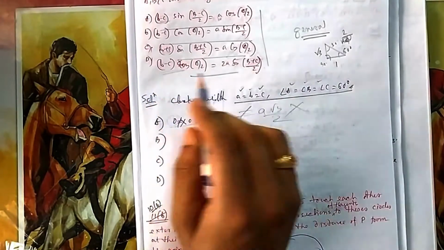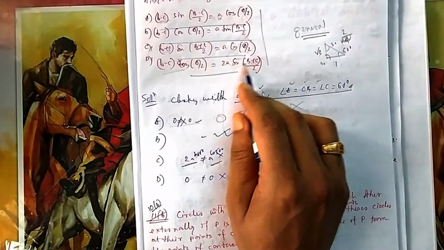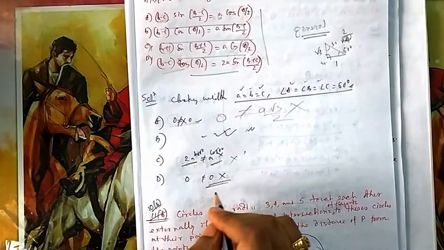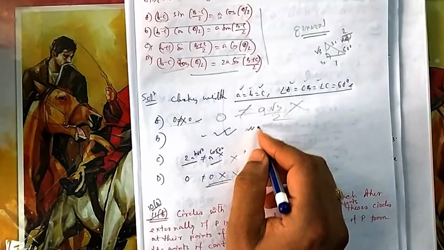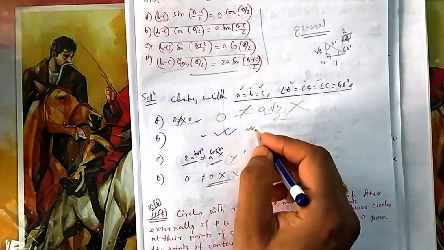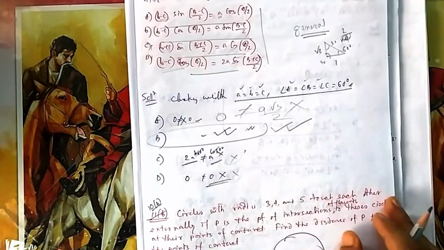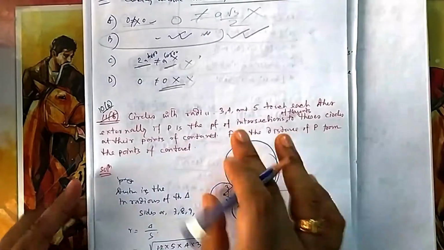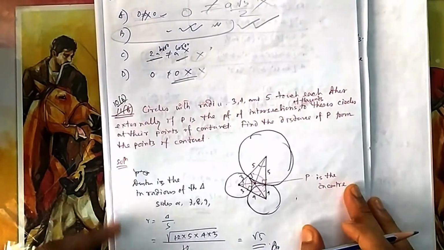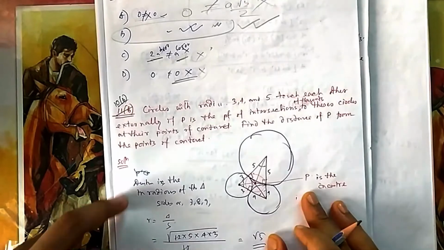Next, here this side is 0, but this side it is not 0 because it is sin 60. Sin 60 is root 3 by 2, so it is not 0. So obviously, you are left with 3 options that are gone. So obviously the left one will be the correct one. So this is the best way to do this type of questions if it is a general approach. You will see lots of questions of this type, any general approach, whether you can apply it or not.